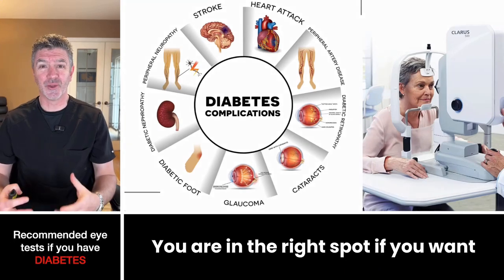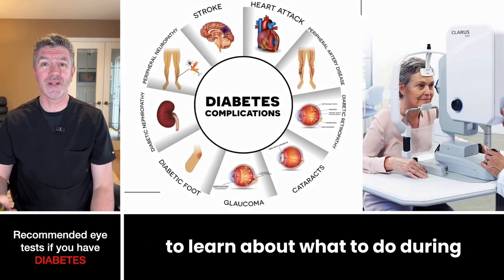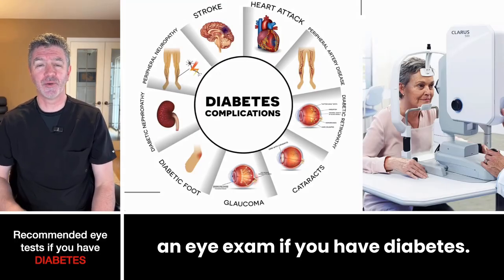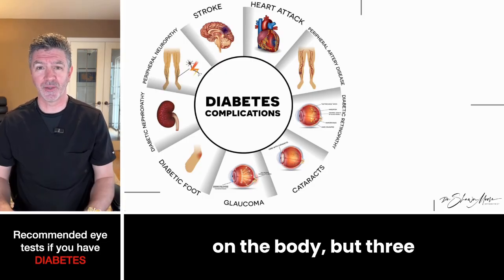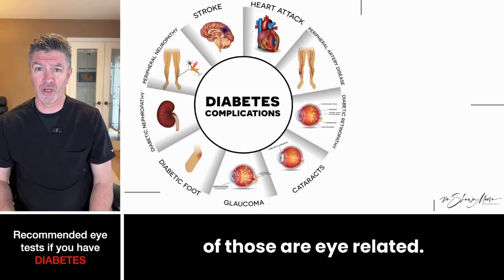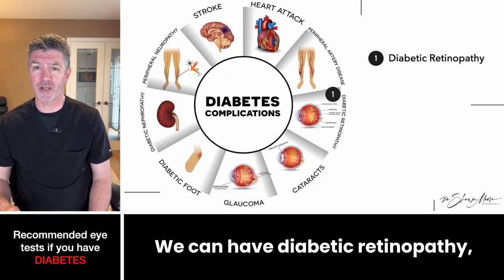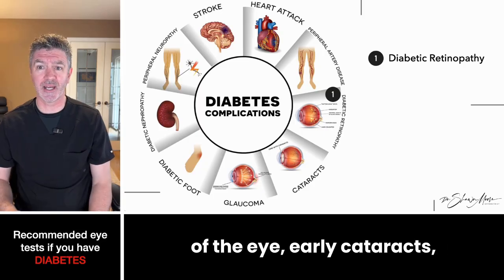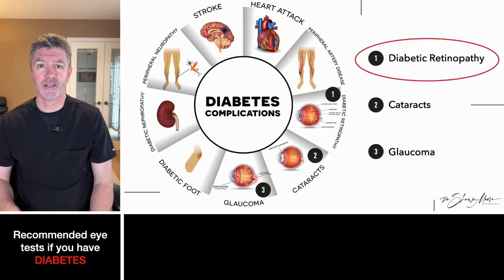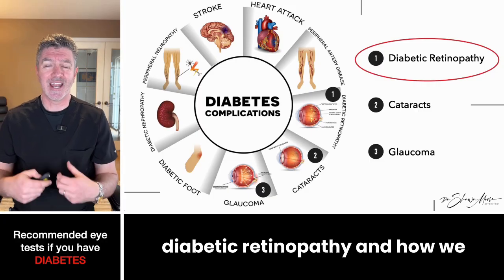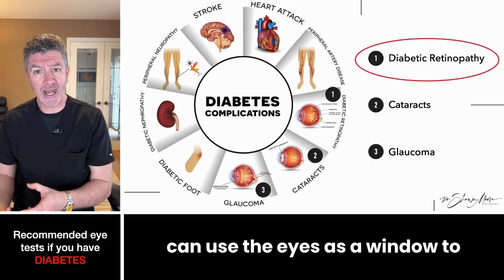Hi, you are in the right spot if you want to learn about what to do during an eye exam if you have diabetes. Diabetes can have many effects on the body, but 3 of those are eye related. We can have diabetic retinopathy, which is bleeding in the back of the eye, early cataracts, and an increased risk of glaucoma. But I really want to focus on diabetic retinopathy and how we can use the eyes as a